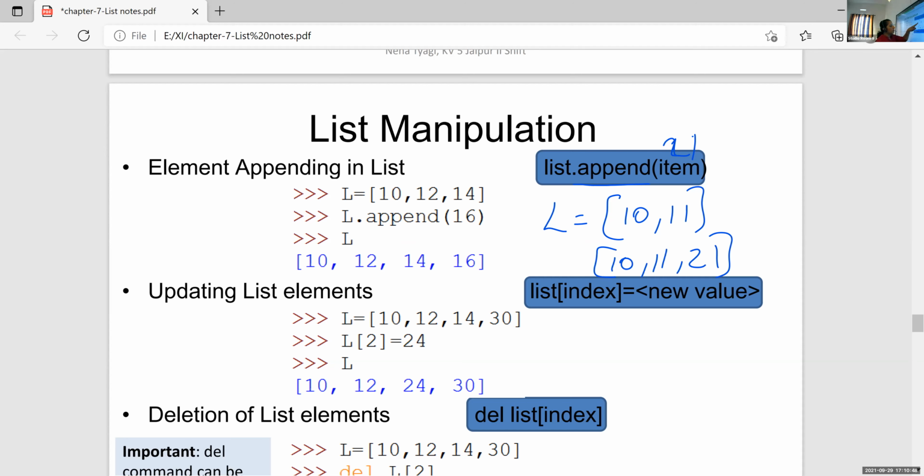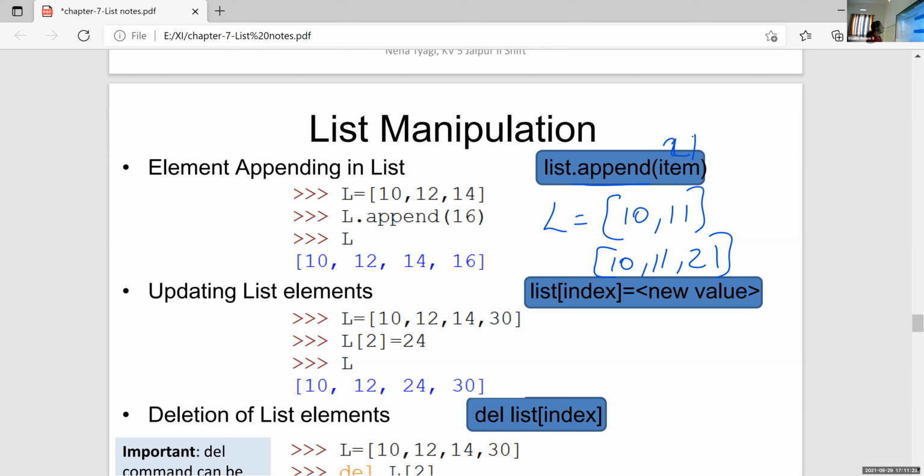Okay, so here this is the old list. I want to add one more element at the end of this list. So I will use this append function. Append means add at the end. Okay, append function is used to add an element at the end of a list. Here, this is the old list. It includes two values, that is 10 and 11. I want to add one more value at the end of this 11. That is after 11, I want to write one more value. For that, I am using append.